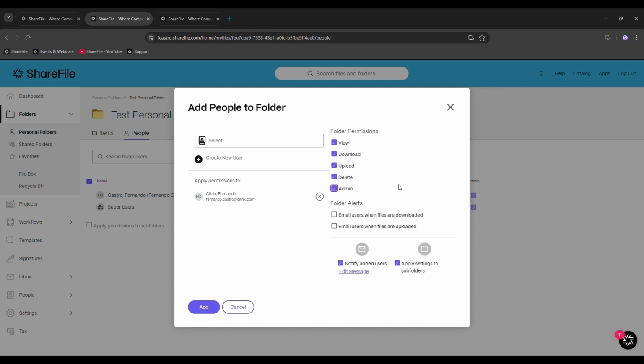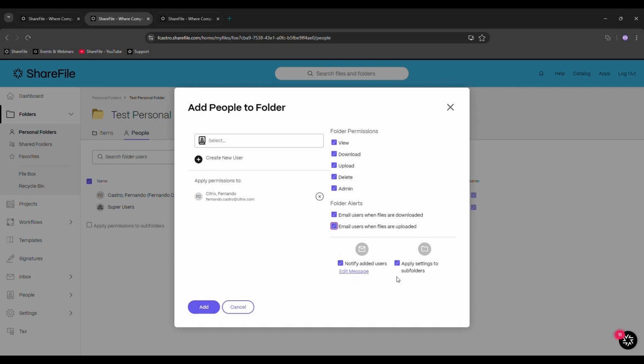I can also give them permissions to be an admin, meaning that they will be able to add other people to this folder. So be really careful with this, especially if you are doing this on a personal folder. I can also allow them to get notifications when files are downloaded from this folder and uploaded into this folder.